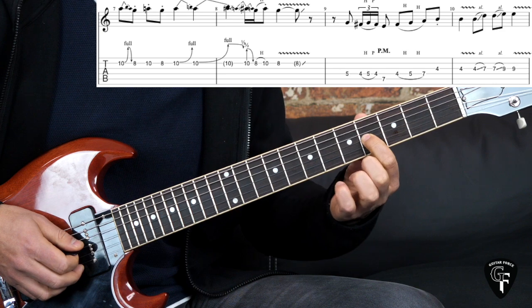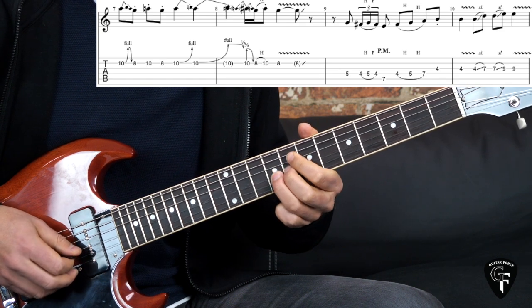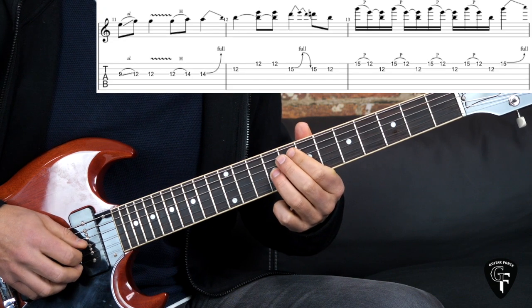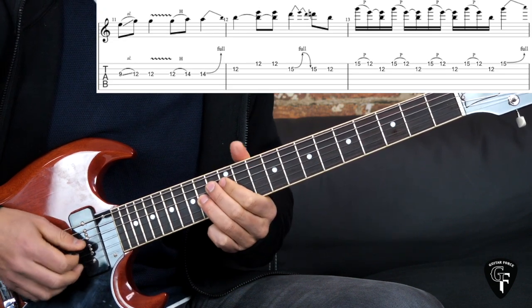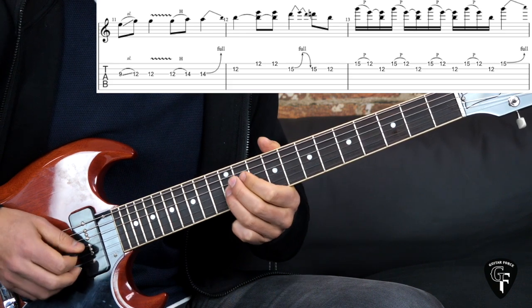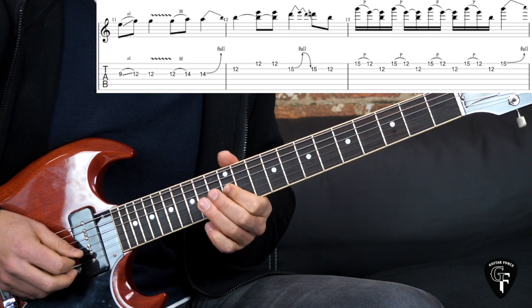slides, so from 4th fret to the 7th to the 9th, you pick that note, add some vibrato, then again we continue the slides, so it's 9 to 12, you pick that note, then we have